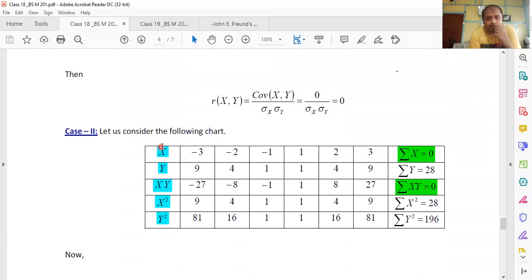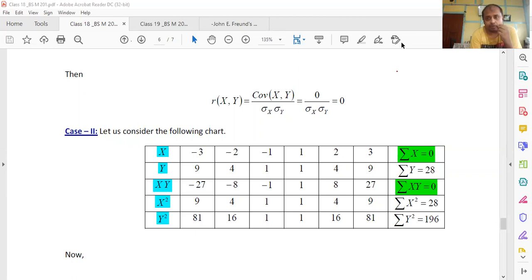We have considered two variables, capital X and capital Y, and we are going to calculate the correlation between them. For the calculation of correlation, we need to find out these particular terms: summation x, summation y, summation xy, summation x square, summation y square. All of these terms have been calculated from here. Why? Because you know that